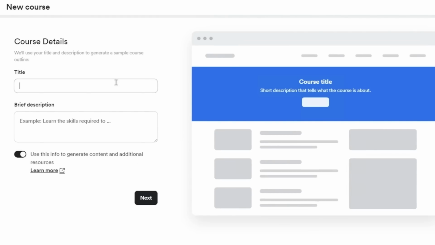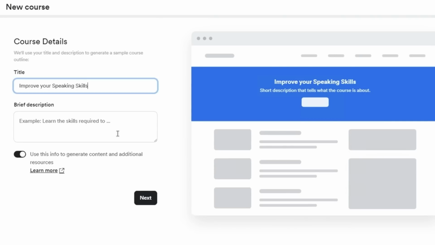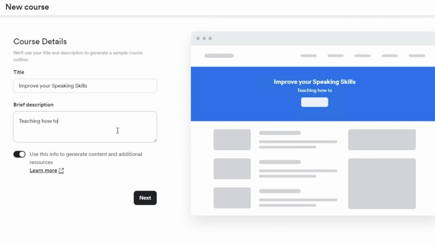Once you do that, you can start building your course. For this example, let's say I want to build a course on improving your speaking skills. Then I can add a brief description of what people will learn in this course. So what exactly would be the course content? For example, we will be teaching how to maintain fluency and improve vocabulary and